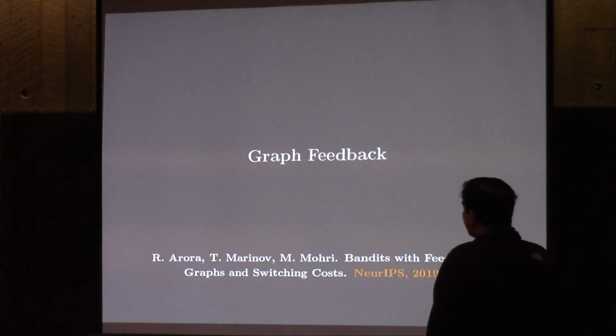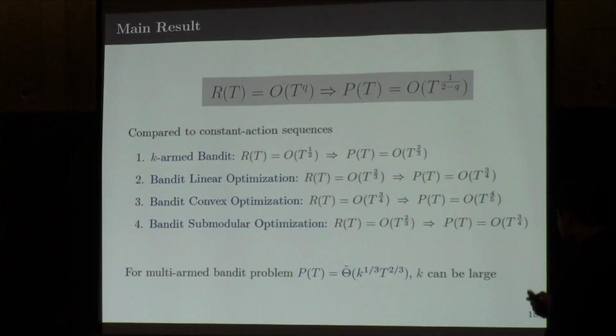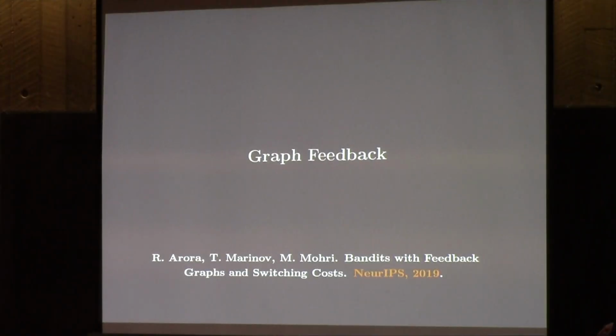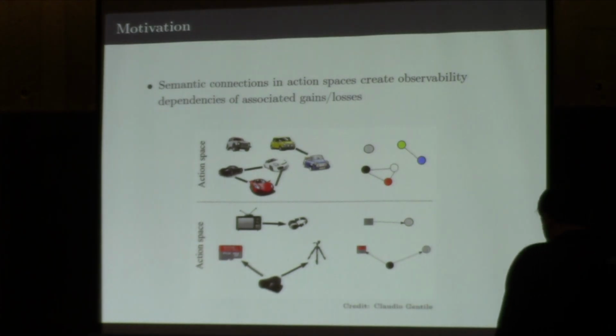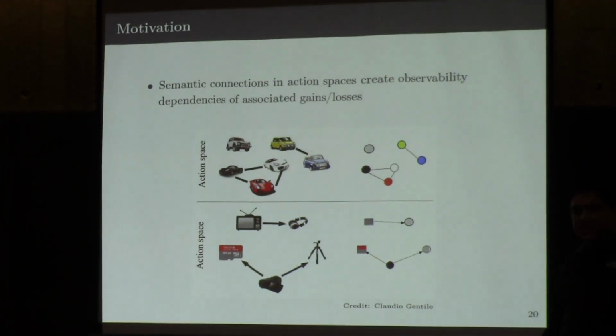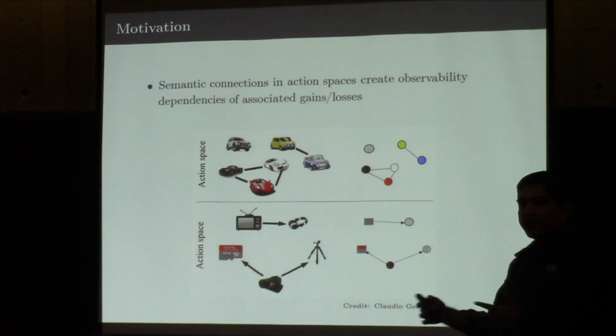Okay, I'm going to switch gears now and come back to the question that I was posing. This was an aside: whether we can improve on this if we assume something else about our learning problem. Right? In particular, what I'm going to assume is that there's partial feedback. So we're not in the complete bandit setting, but there's some graph-based feedback. And this, again, is a natural setup for many real-world problems, where when we pull an arm, we also see rewards or losses for some related arms.